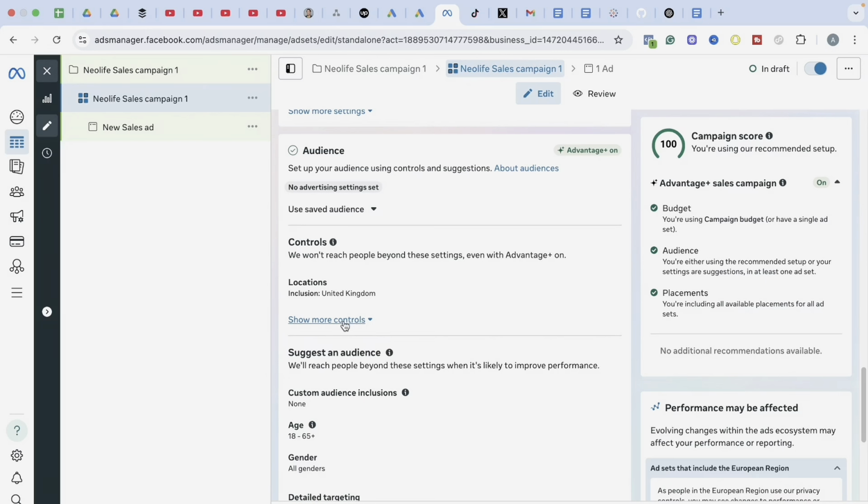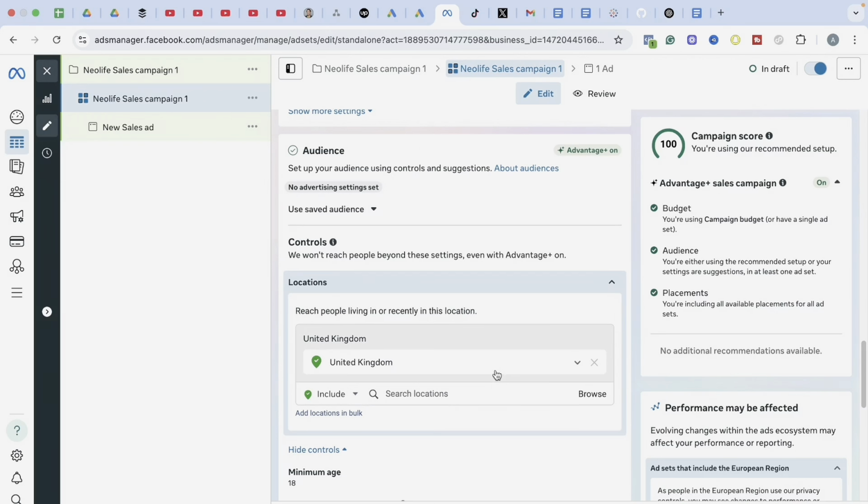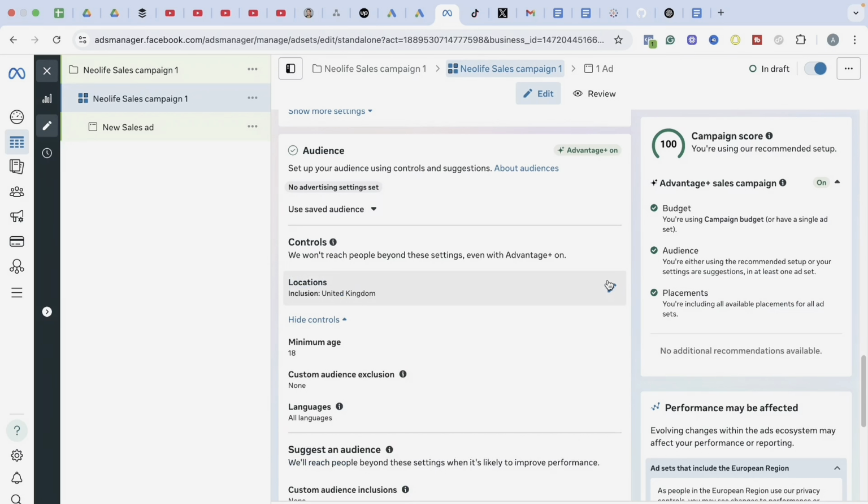So under control, I'll select show more, and under location, I'll give my location, let's say United Kingdom, because I'm setting up this campaign in the United Kingdom. So you can put your location here, any country you belong to.